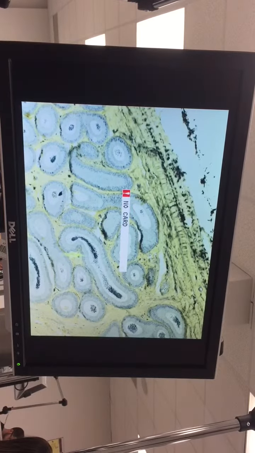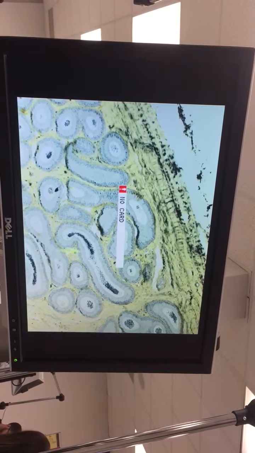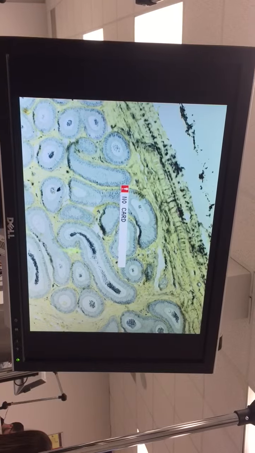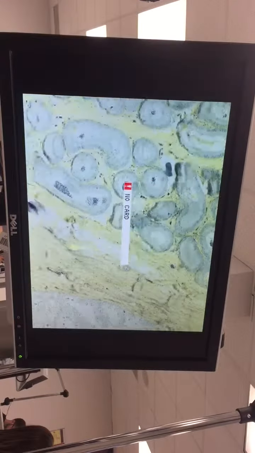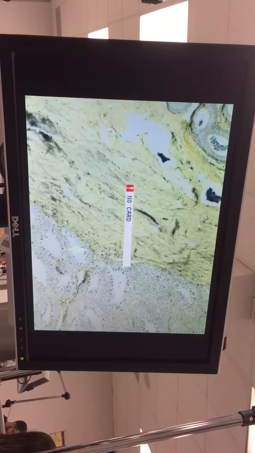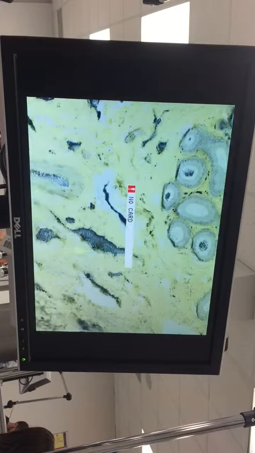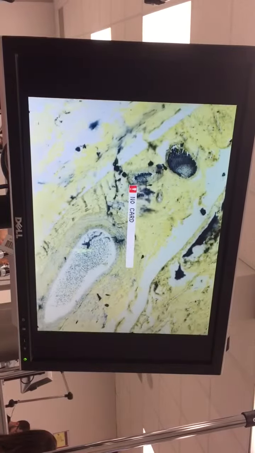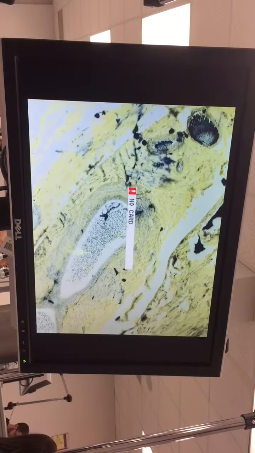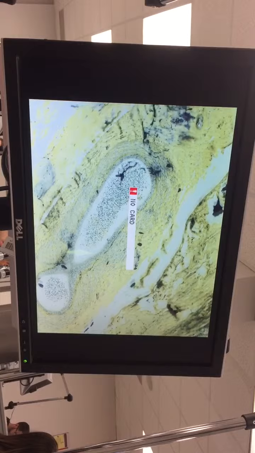Question might be asked in the lab practical to identify the organ. If it's on this field right here, it would be epididymis. Of course, we tell you not to move the slide. These would be seminiferous tubules. That would be more or less a structure. The entire thing would be the testes. Okay, and then a little branch of the seminiferous tubule, or the epididymis out here. Okay,